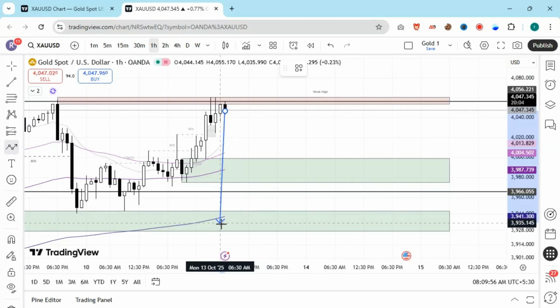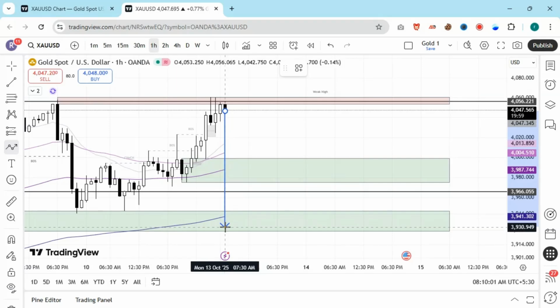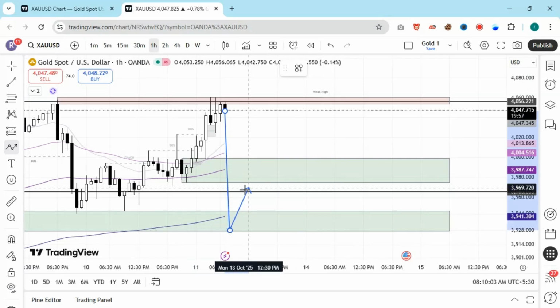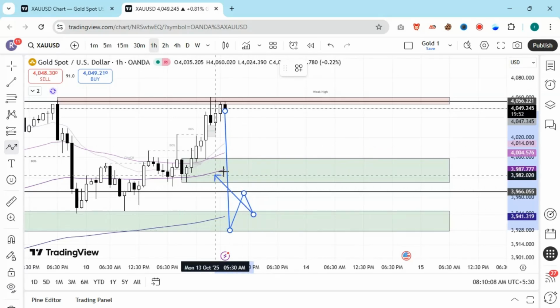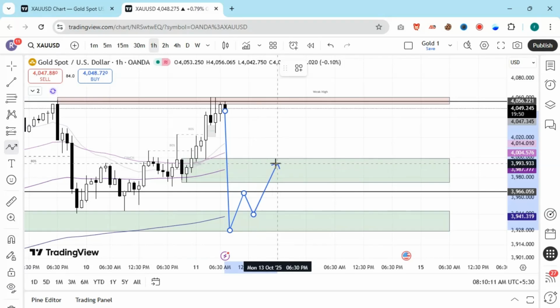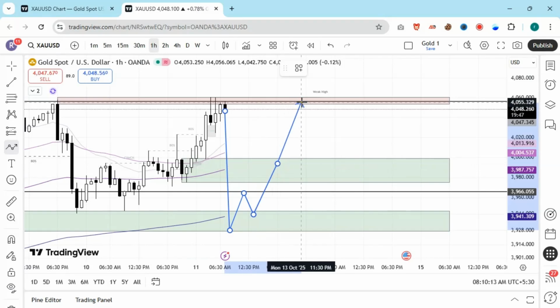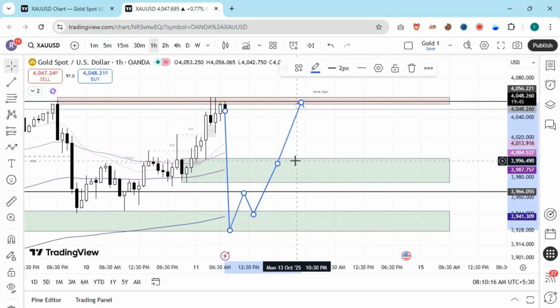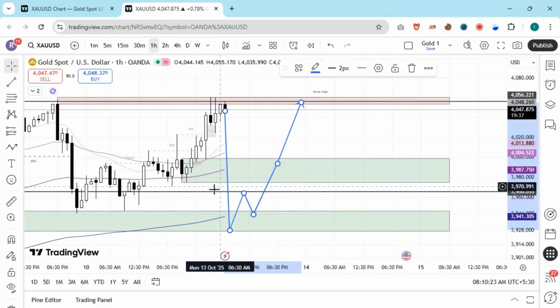Our third setup will be around the second buy zone near the 39.37 area. If the price comes down there, wait until it grabs liquidity near the 200 EMA on the 1-hour chart, then enter the market with a 15-minute confirmation. Your first take profit will be the 100 EMA on the 1-hour chart, and your second take profit will be